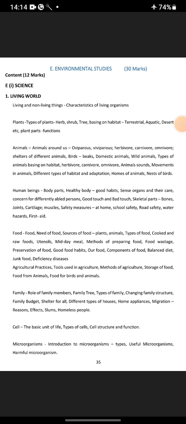Food: need for food, sources of food, plants, animals, types of food, cooked and raw foods, utensils, midday meal, method of preparing food, food wastage, preservation of food, good food habits, our food, components of food, balanced diet, junk food, deficiency diseases, agriculture practices, tools used in agriculture, methods of agriculture, storage of food, food from animals, food for birds and animals, family, role of family members, family tree, types of family, changing family structure,